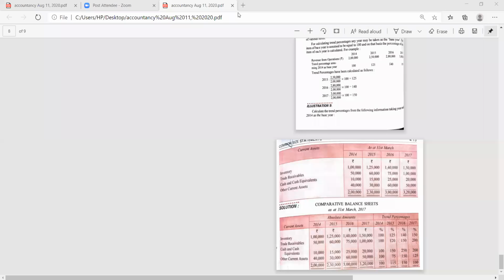Nothing is mentioned anywhere in any concept that we have to consider the last year as a base. But it is appropriate to consider the last year as the base, because there will be changes in the price level in the future, and we want to see what the trend is going to be. So that's why we take the last year as a base, calculate the trend and analyze it on the basis of the future and upcoming years. Okay, beta? Okay.